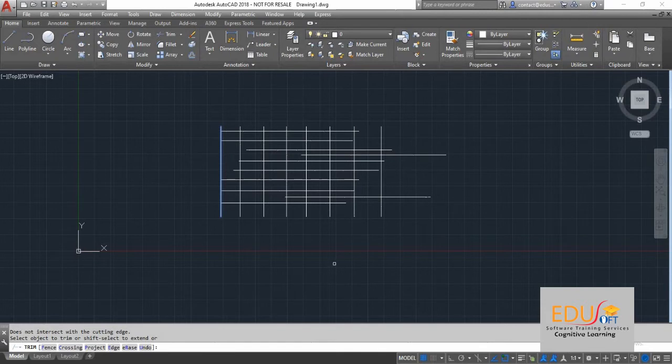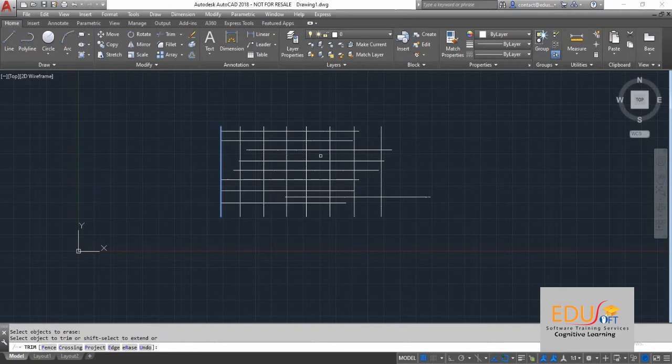If you want to remove any line in this drawing, you can use the erase sub option within the command window. Select the erase and select the objects and then enter. This is one method of using trim.